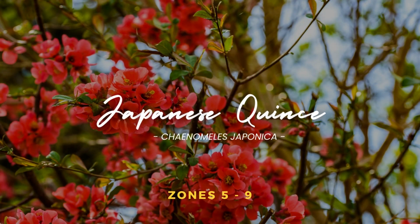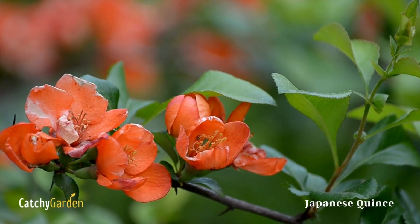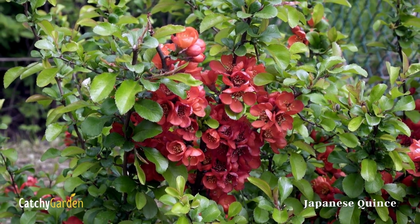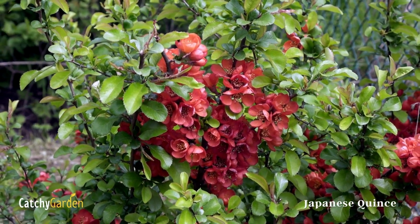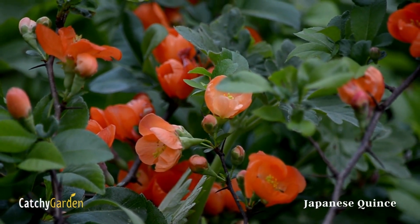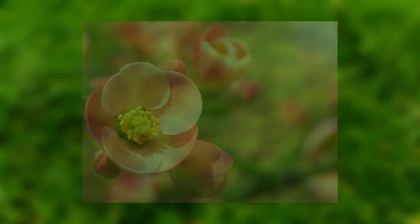Number 6. Japanese Quince. When the leaves are young, these shrubs are covered in clusters of small, round flowers that smell and look delicious. The result is a visual effect reminiscent of Japan's iconic cherry blossoms. The flowers on these medium-sized shrubs may not be as showy as those on cherry